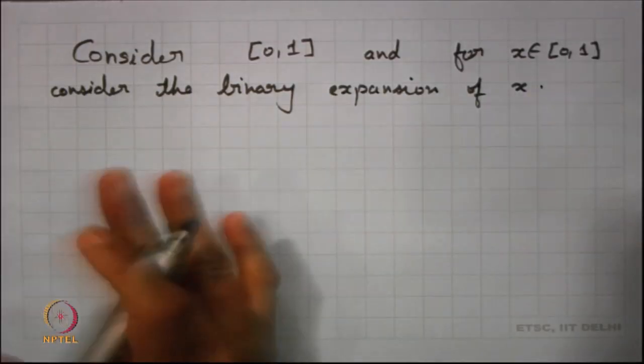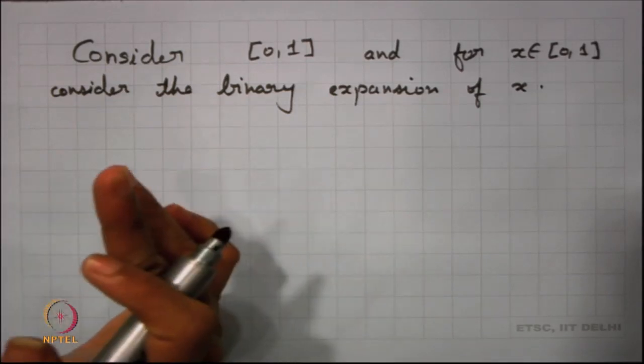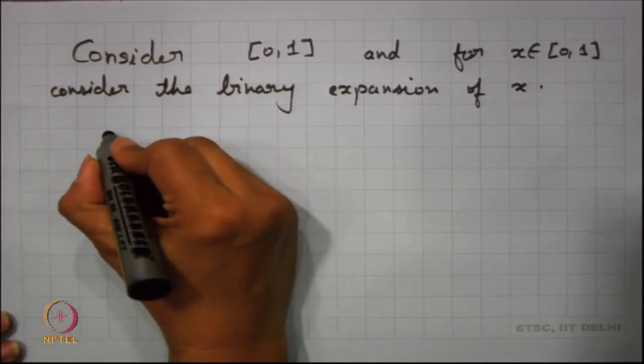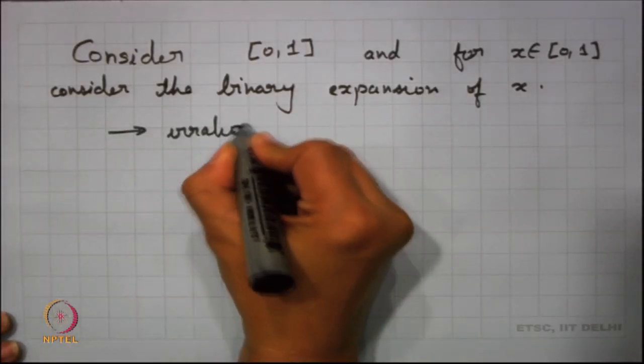If I look into the binary expansion of any x in 0 1, then again what we get is a sequence of zeros and ones, and we all know that the irrationals in 0 1